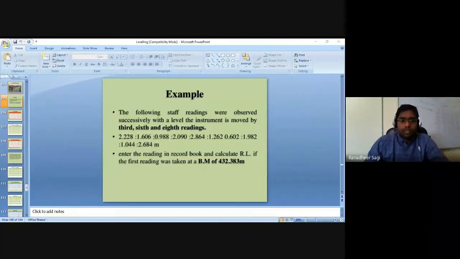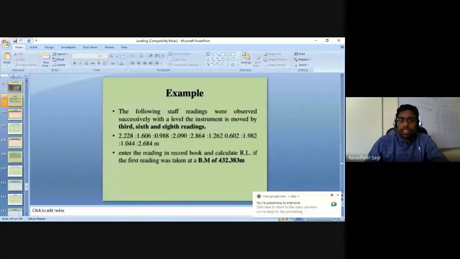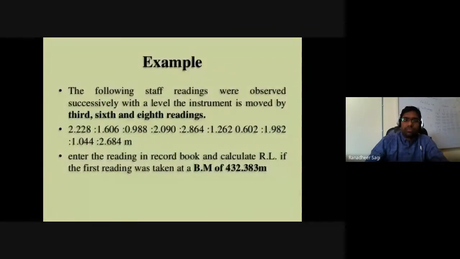Let's get started with where we have stopped our discussion. I hope you are able to see the question we have been talking about in the last class. Some staff readings are given, and it is said that after the third, sixth and eighth readings there is a shift in the instrument station, and you are asked to enter the staff readings in your level book, that is your record book, and